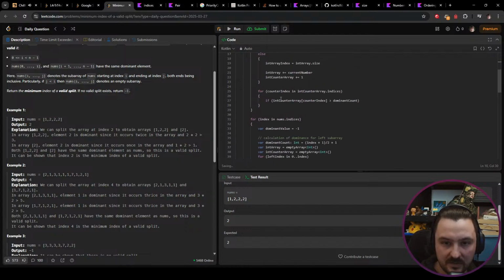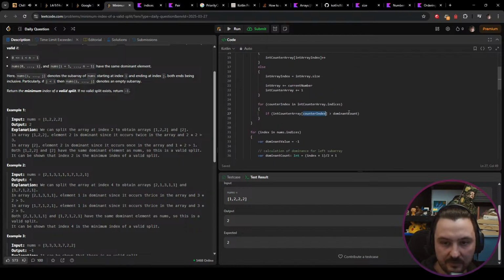So if any of these counters are greater than the dominant count,